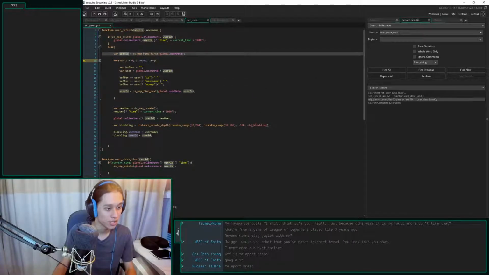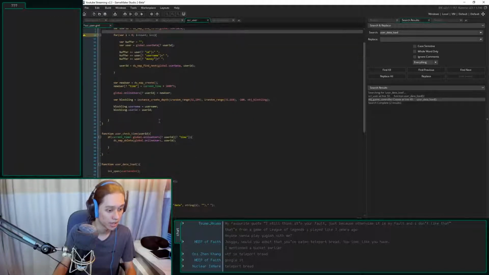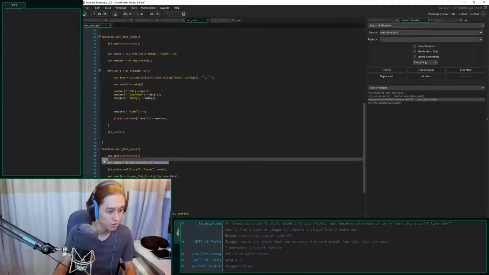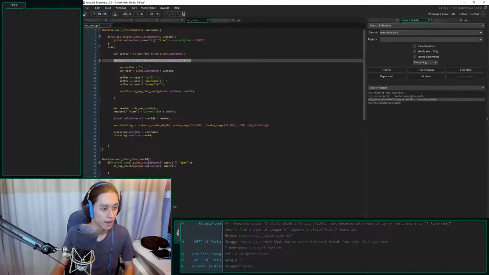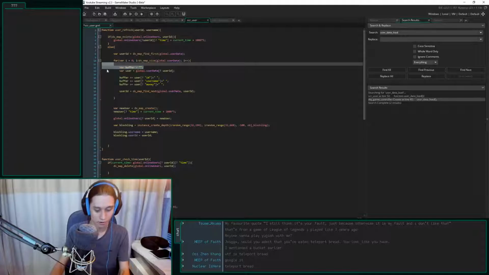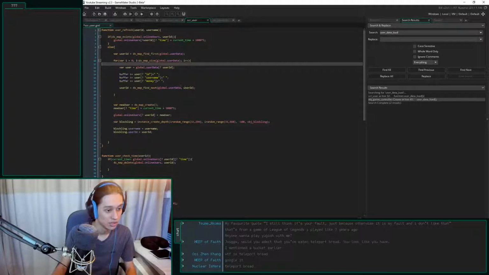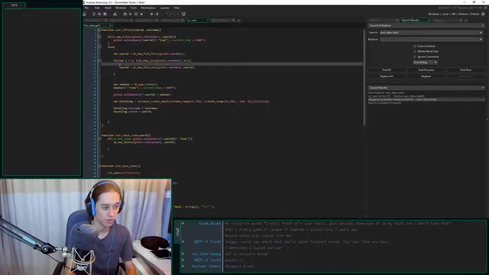If our user ID equals the first user less than the count, we need to have our count as well. Actually, I'm just going to copy this to make things faster. DS. Oops, not what I wanted. There we go. Our count is like that. We're going to forget the buffer.